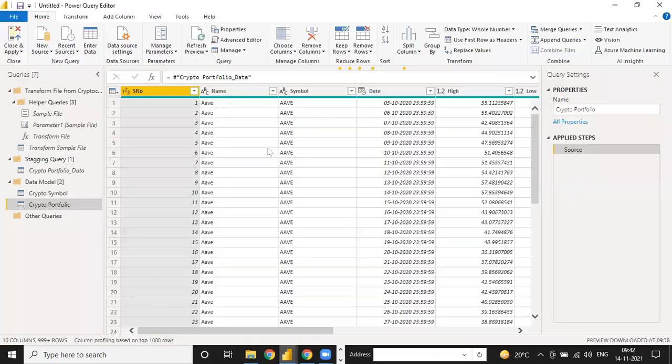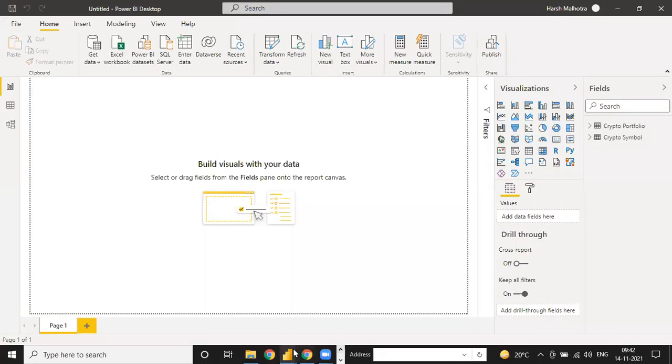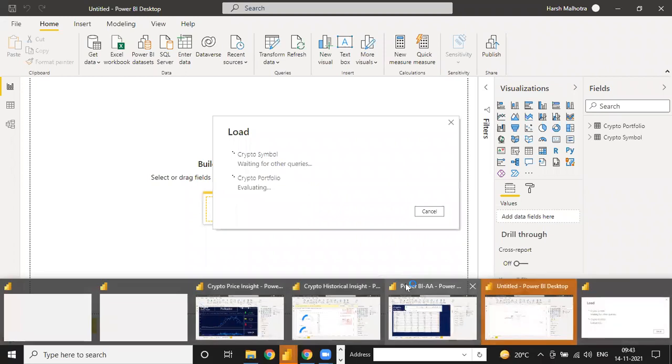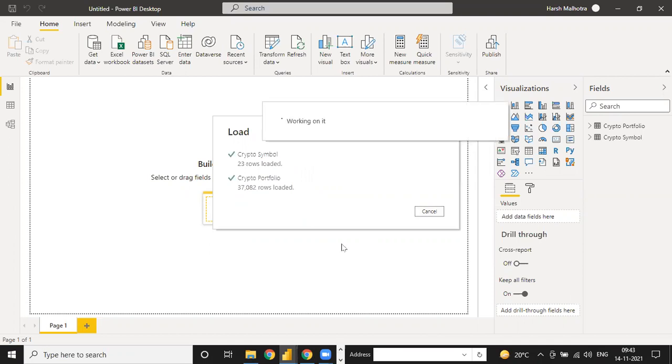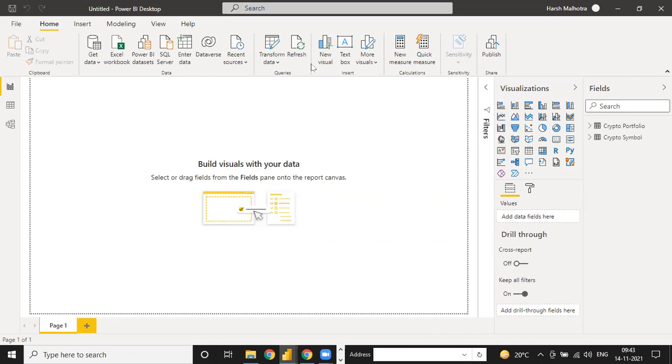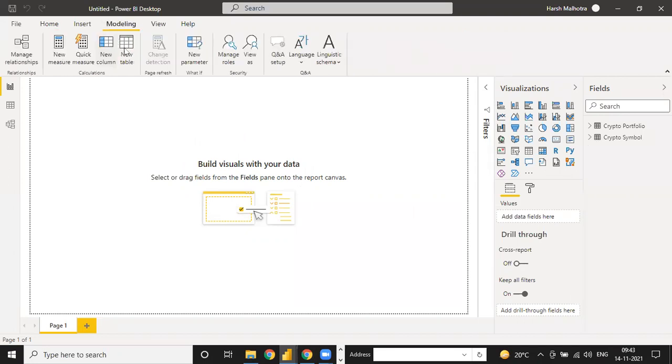Let me tell you how to show you in this Power BI. Close and apply. I'm going to show you how to make this code a little bit into Power BI and change and save it into your main dashboard or different sources. So I'm just going to connect you. See, this is my total two files. Here is the option under the modeling tab. You have a new table.